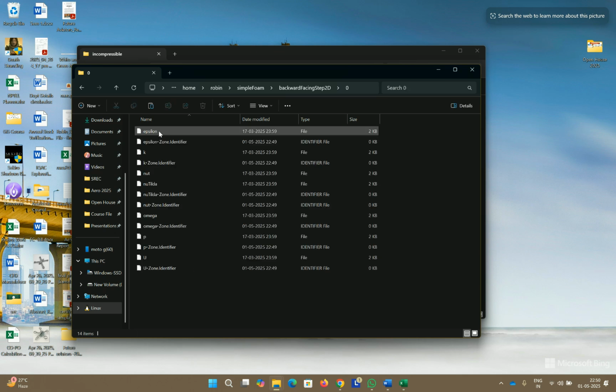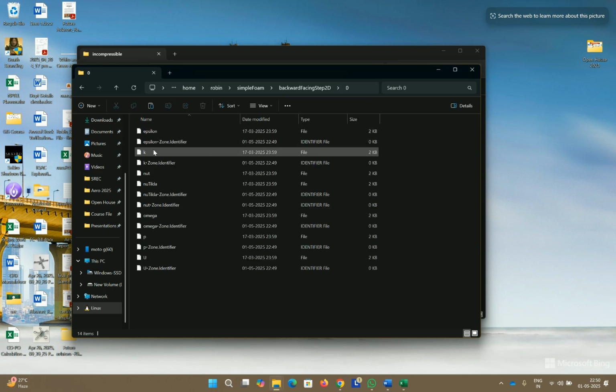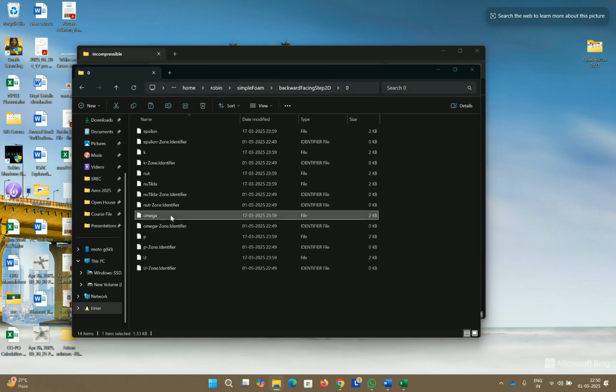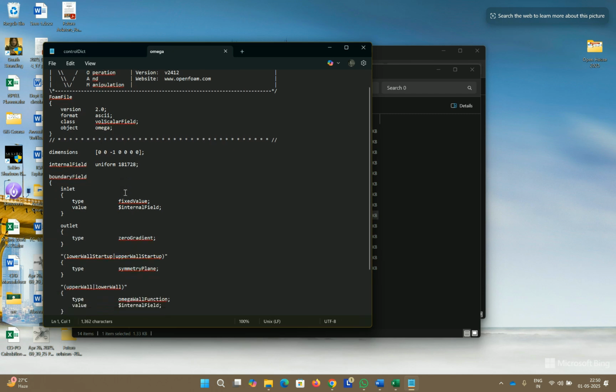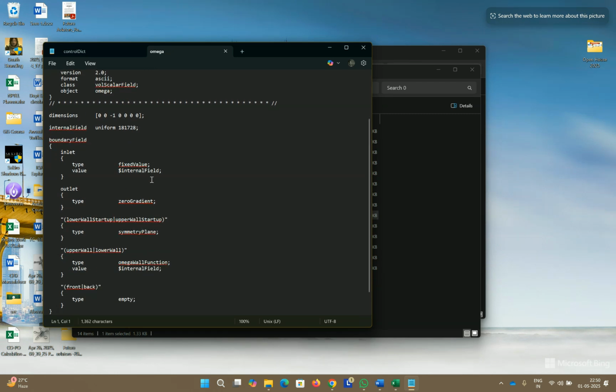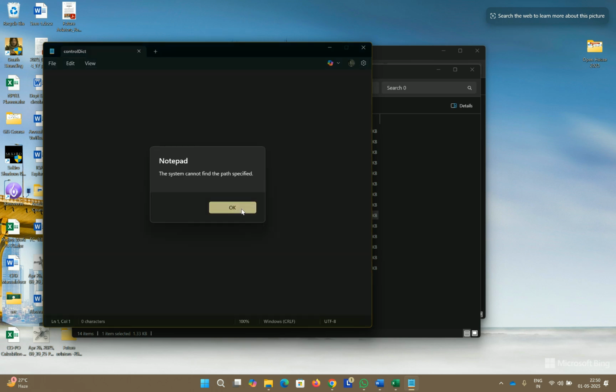So we'll remove that. Under that, we have now of course the usual pressure and velocity, but along with that there are some more values like your k, epsilon, nu, omega. These are all the turbulent flow dissipation parameters or transport parameters that you have. You can vary them, either k-epsilon or k-omega, whatever you're going to use, you can change that. For example, if I go into omega here,